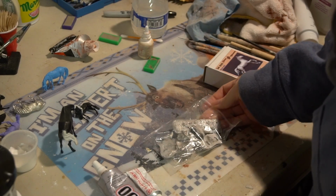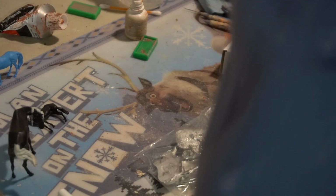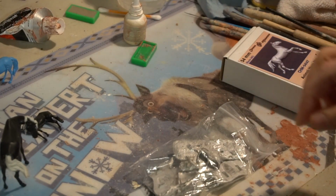Alright. Hopefully you can see everything. Should I zoom you in a little more? That's as far as I can go right now. This is a very difficult setup. Okay. So,